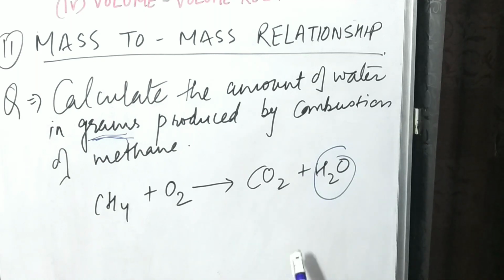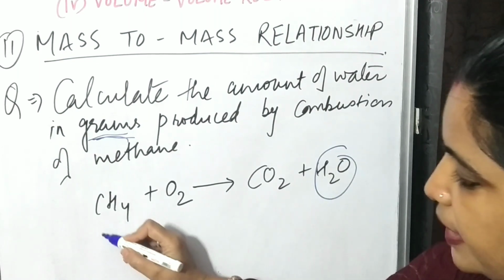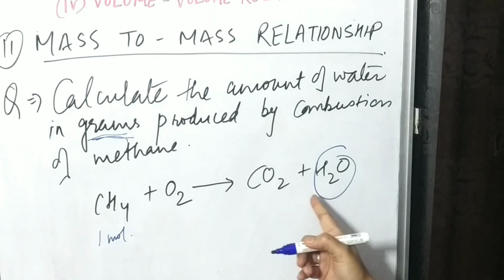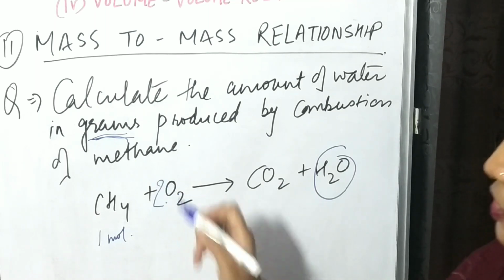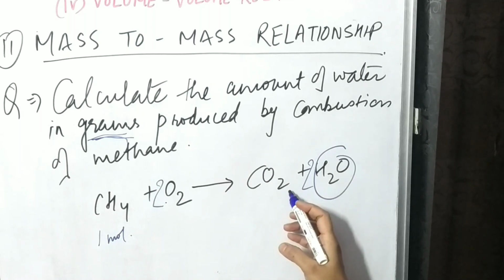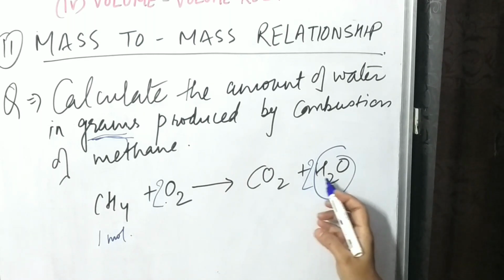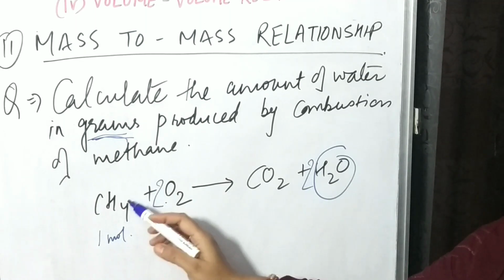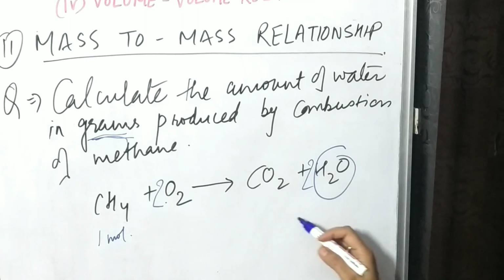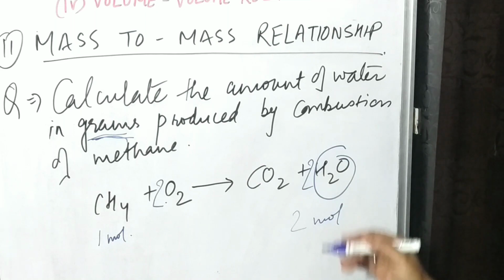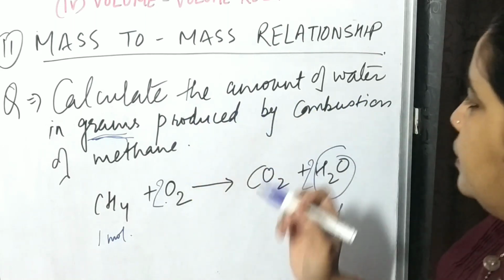Now again I have written the reaction here. Children, we could see that 1 mole of methane is there. Is it a balanced reaction? No. So you will balance it first. It will be 2 here and 2 here. Now is it balanced? 4, 2 plus 2, 4, and 4 hydrogen, 4 hydrogen. Now it is balanced. Okay. So 1 mole of methane on combustion produces 2 moles of water. Now moles we know, we have to find the mass, means the amount of water produced.